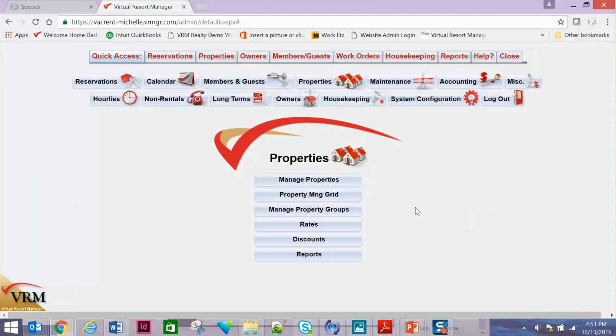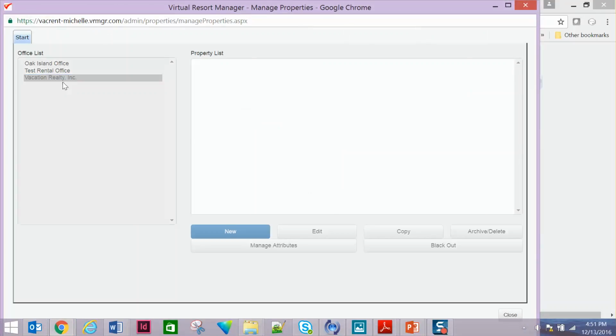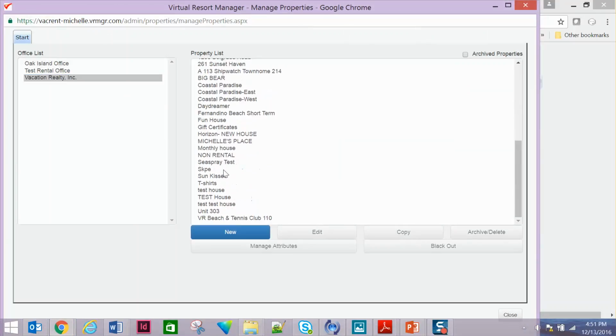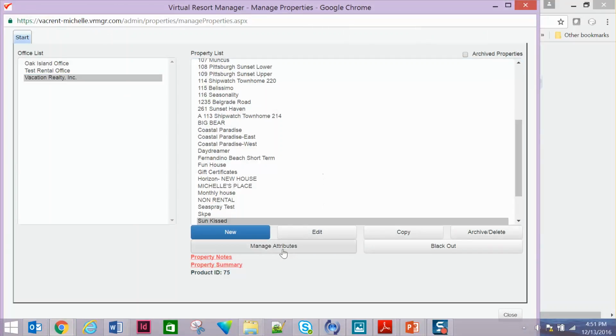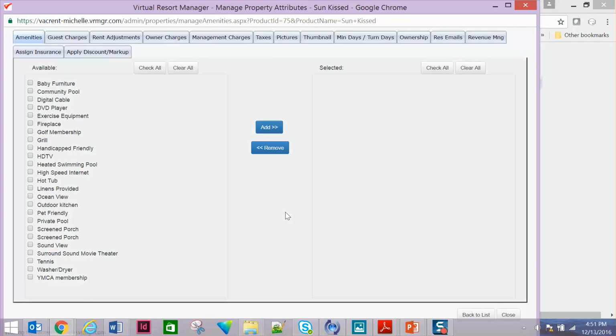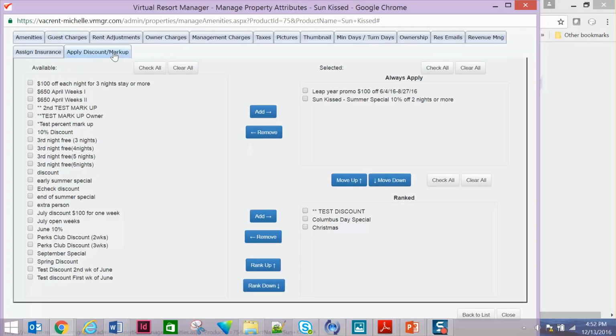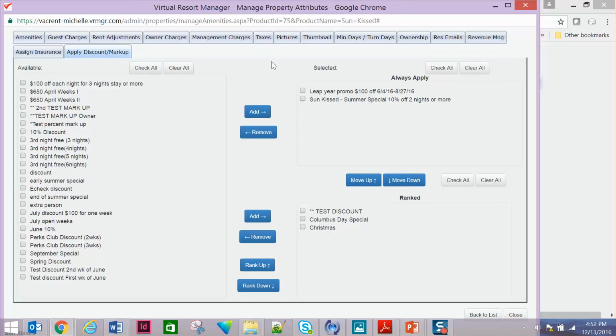In addition to being able to apply a discount or markup under the discount portion of VRM, you can also do so at the property level. To do this, go to Properties, Manage Properties, select the office, and select the property. When you click on the Manage Attributes button, you will notice a tab that says Apply Discount Markup. When you click on this tab, you will see all of the discounts or markups that have already been applied